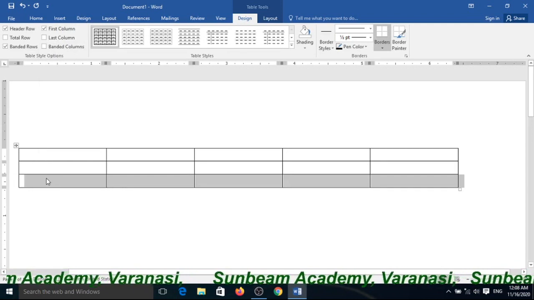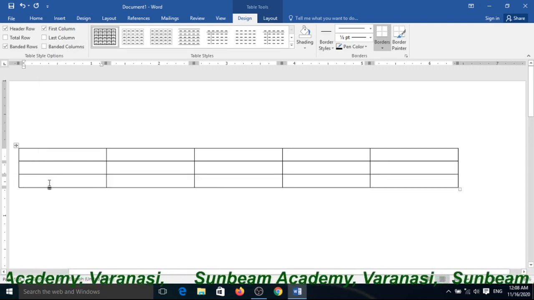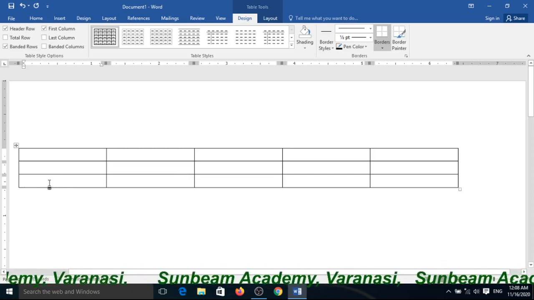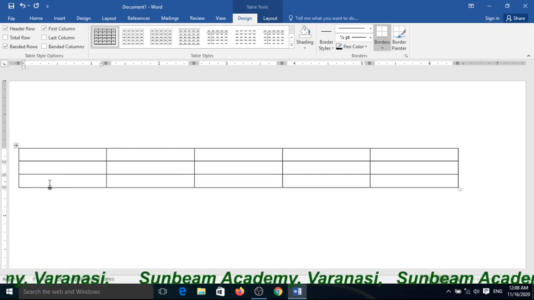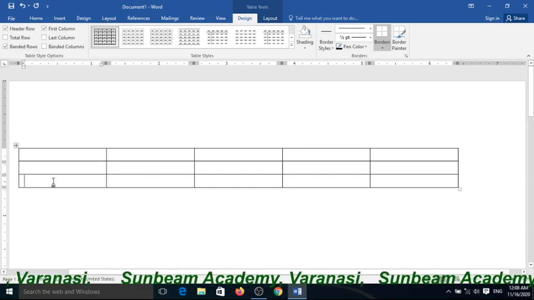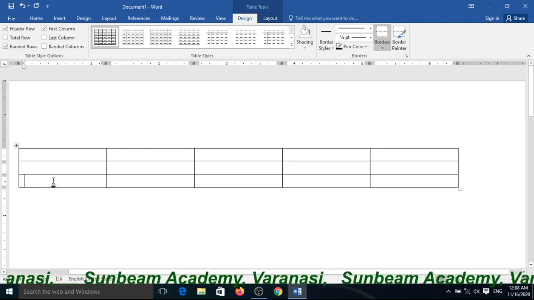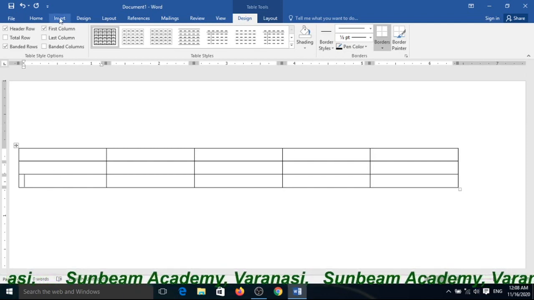Our second method, suppose I want to once again insert a row above or insert a row below. Select the row where you want to add and click on Insert.